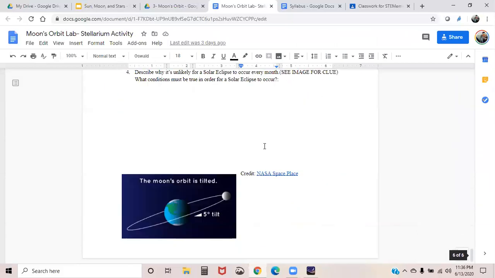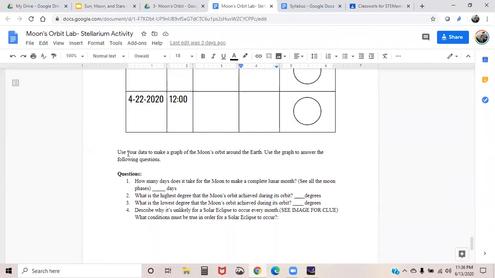And so at the end, I have some questions. Use your data to make a graph of the moon's orbit around the Earth. Okay, and then it says use a graph to answer the following questions. Let's get back to the presentation